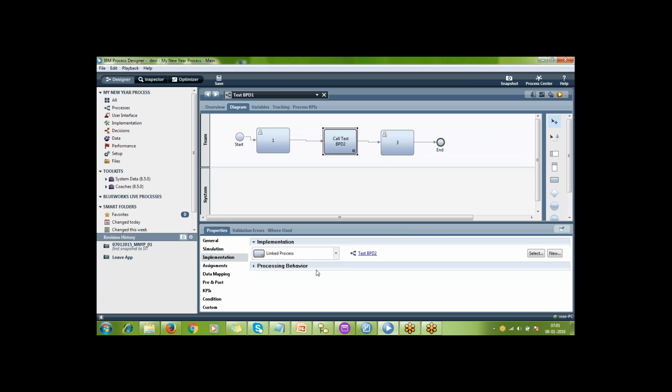In the process behavior you can see a concept called dynamic subprocess. Tomorrow we are going to implement that, the functionality I just discussed. Dynamically you can change the BPD that you attached. We can discuss this tomorrow. Okay, fine, then we'll meet in tomorrow's session at the same time.